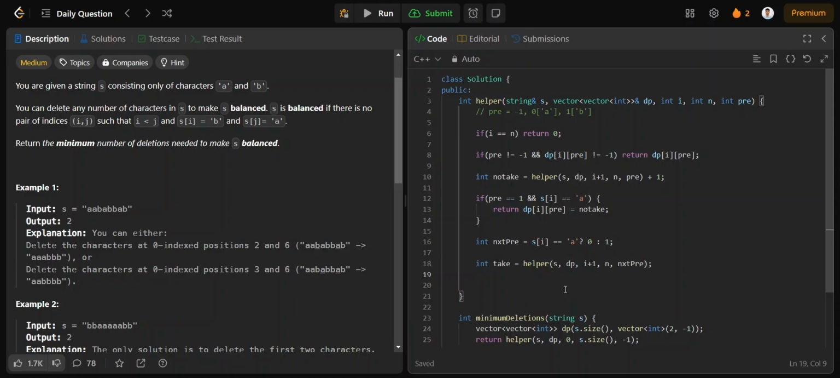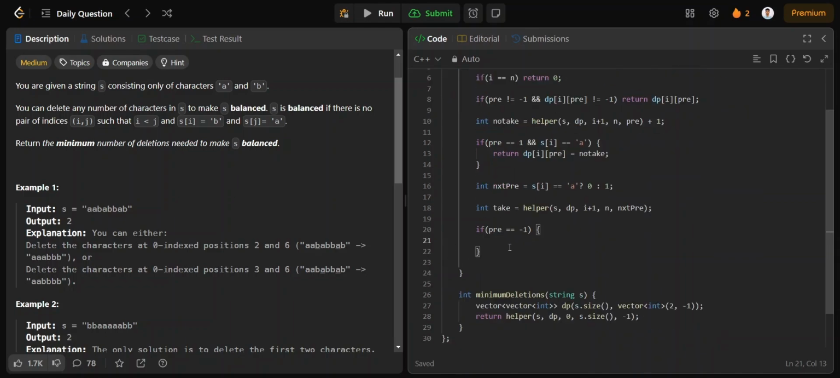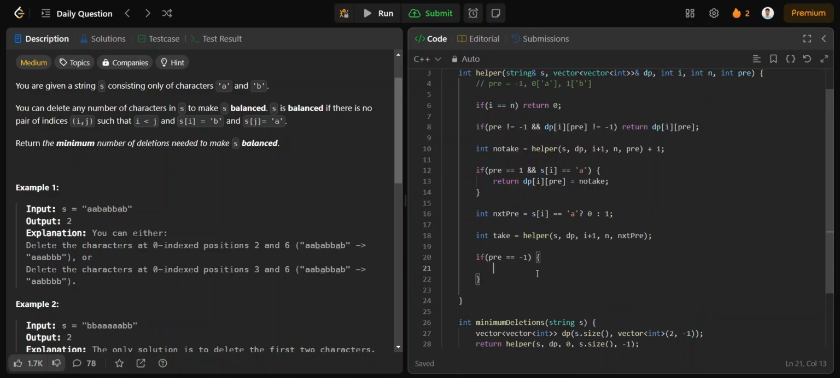Okay. Now we have handled the take and non-take parts. So we'll check if previous is equal to -1. That means this is the first index, this is the first element of the resultant substring only. Okay, this is the first time we are traversing. No previous element there of the current element. So we just need to return